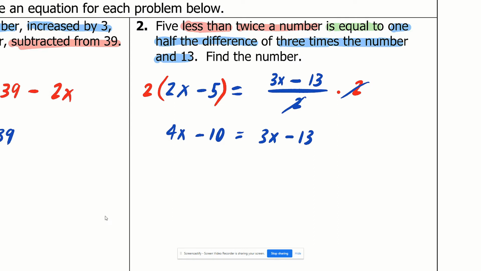And now I've got a pretty simple problem, don't I? I need to get my variables together. Which one do I like to move? I like to move the smaller one. In this case, that's the